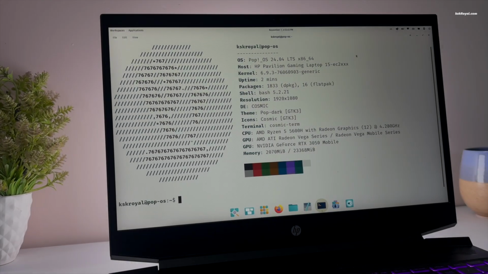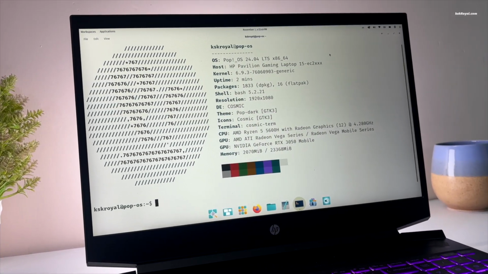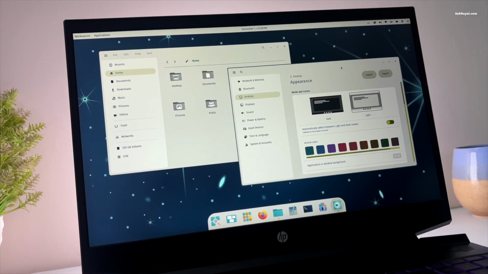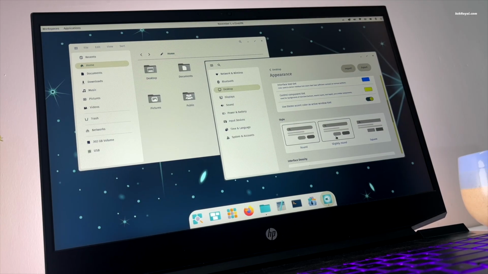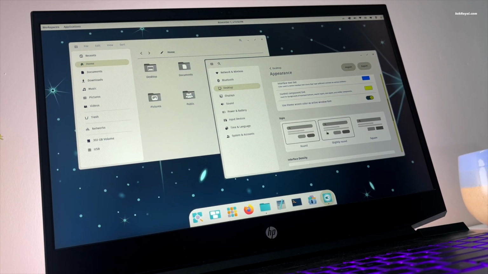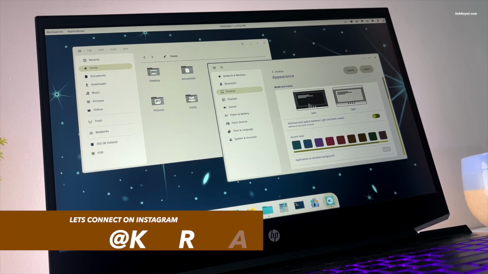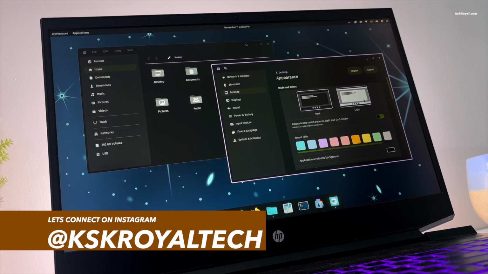This is the first look at Pop!_OS Cosmic Desktop Alpha 3 and it looks absolutely next level. Now, as we know, System76 has been working on a brand new desktop environment for quite some time. It's built using the Rust programming language. This is an independent desktop environment similar to GNOME and KDE Plasma that offers a fresh desktop experience for Linux